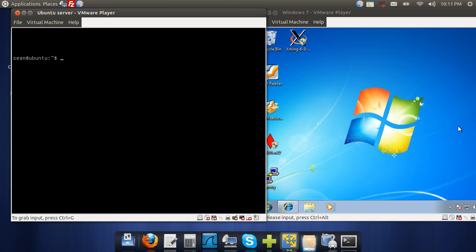Hello everyone, my name is Sean Mancini, and today I'm going to show you how you can use the X11 protocol for secure remote administration and secure web browsing in the home. To do this, you'll need a machine running Ubuntu or your favorite Linux distribution with the SSH protocol enabled and